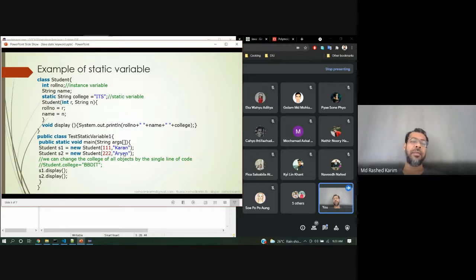Okay, so this is the example. You can put the static keyword here and put the name, just a static variable. You can specify the data here, just initializing the data, or you can go through the constructor also.